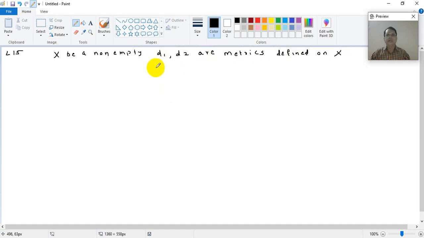So d1 and d2 satisfy all four properties that a metric must satisfy. Okay, then show that